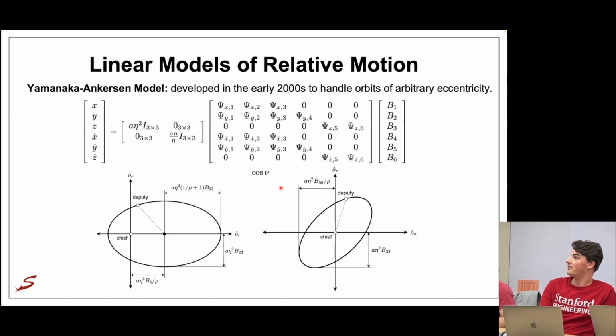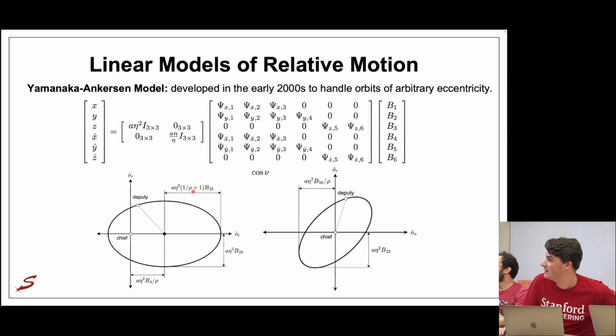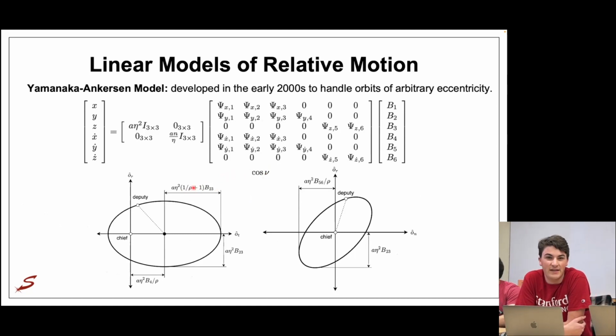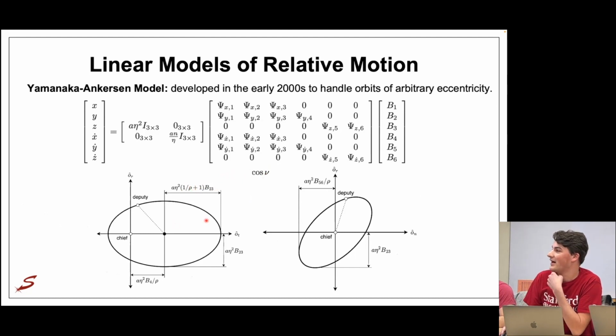Once again, there is a geometric interpretation of the Yamanaka-Ericksen integration constants, and we'll discuss this in much more detail in a second. But it's not showing up here for some reason. But rho is equal to 1 plus e times the cosine of true anomaly, which means that the semi-major axis of the RT ellipse changes as a function of your location in the